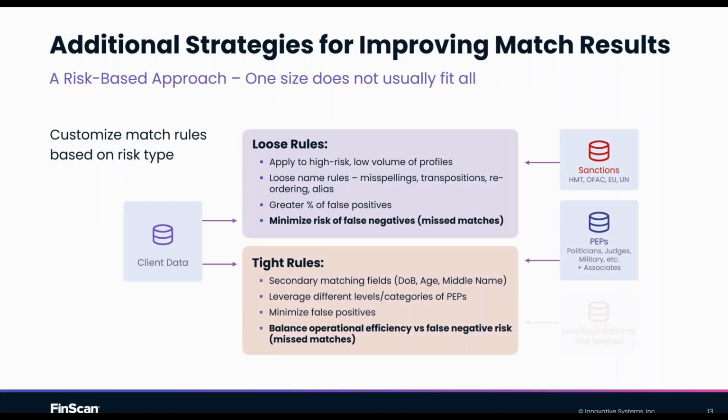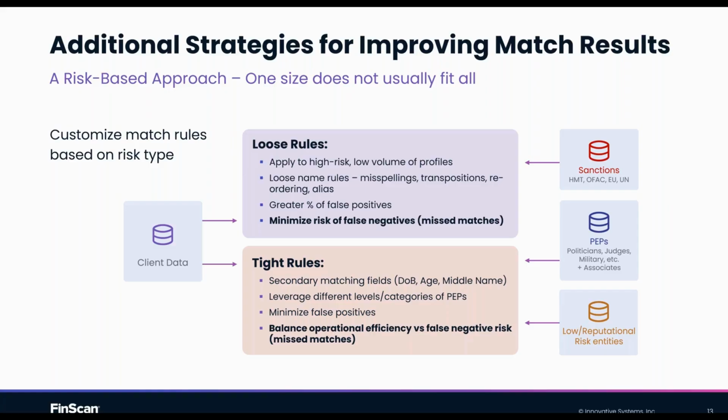And going back to what we were talking about earlier on the poll question, configuring match rules based on a risk-based approach, it really should be forefront of your mind to be able to say, I've got loose rules, maybe I've got medium rules, I've got tighter rules. Those rules are going to have higher or lower tolerances. They're going to use slightly different secondary identifiers. And I can then assign that to a perceived risk level.